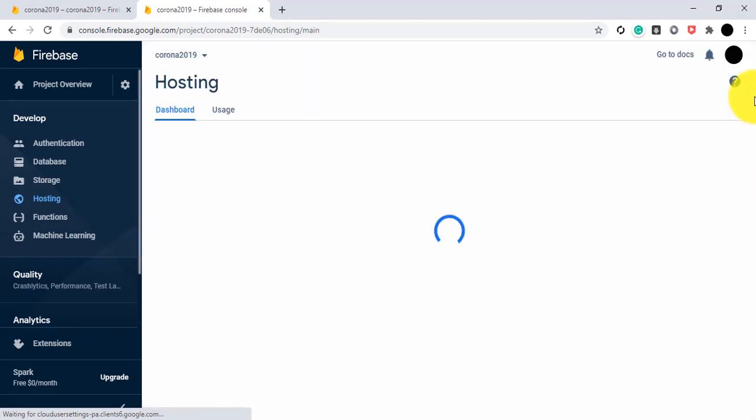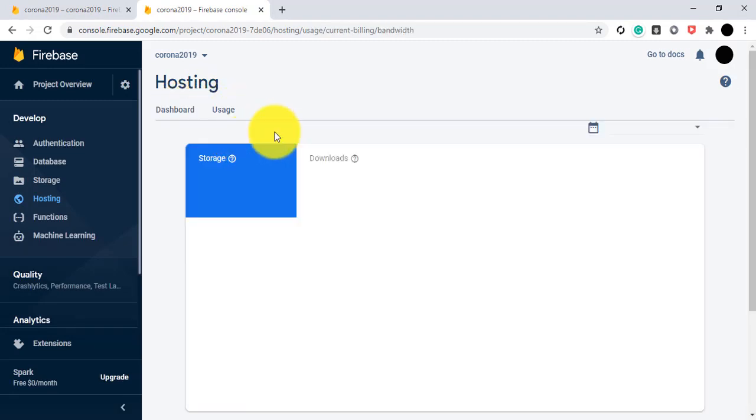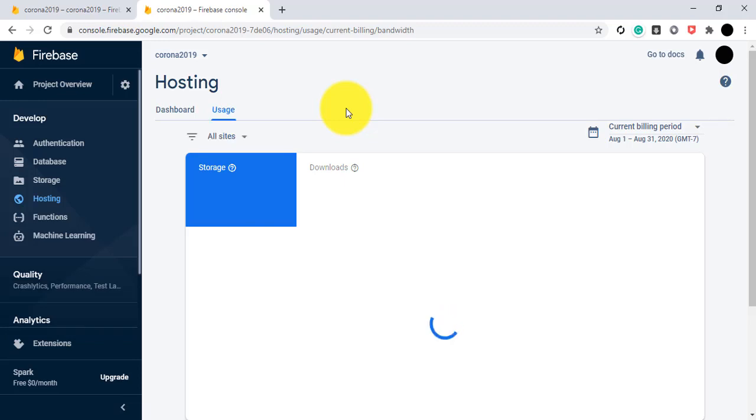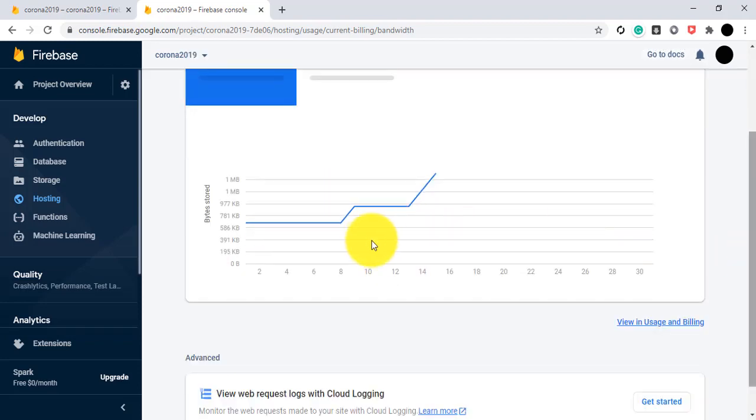so it is nothing. Okay, now it is with the database, you'll check your usages, that is database, you check your usages here, how much you have already used using this URL, and your storage part, you have already used 1.4 MB out of 10 GB, and you'll check here the status of your usages using this chart.